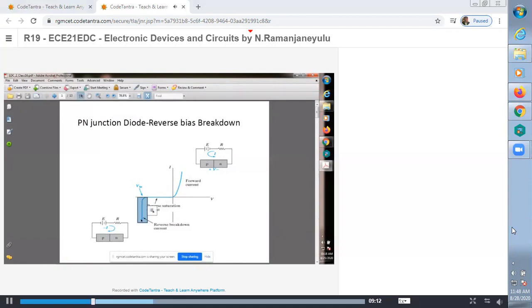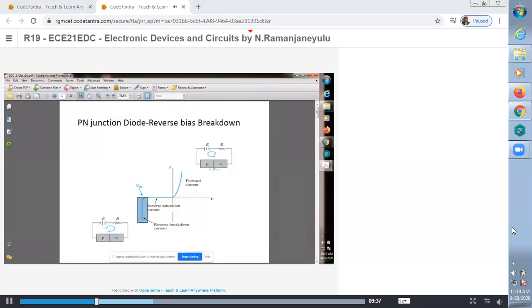Why? Because below the breakdown voltage, there are almost no charge carriers. It is in the range of nanoampere current, a very small amount. Just once it crosses the breakdown voltage, a huge amount of charge carriers cross the PN junction. Okay, there is something happening at breakdown voltage.